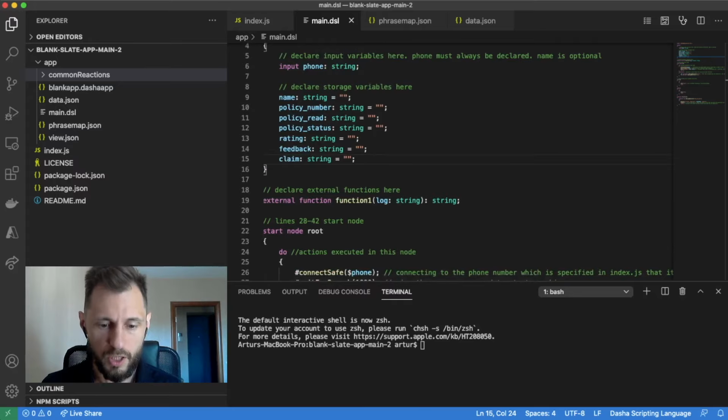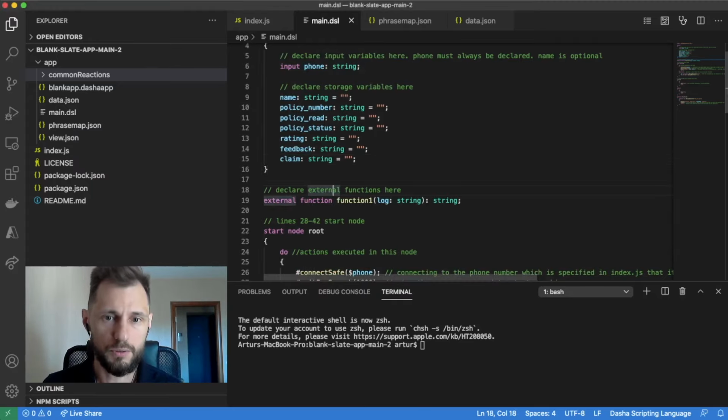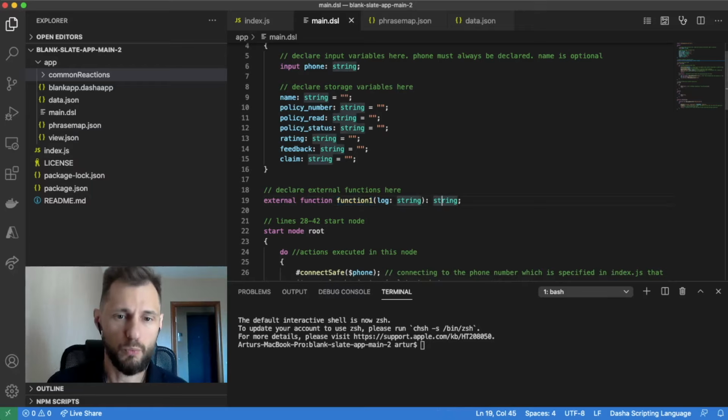Now, the third block is the external function block. I already mentioned the external functions to you. This is the way in which we basically, I'm going to toggle word wrap here. It's the way in which we call up,